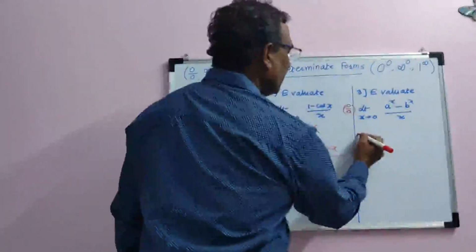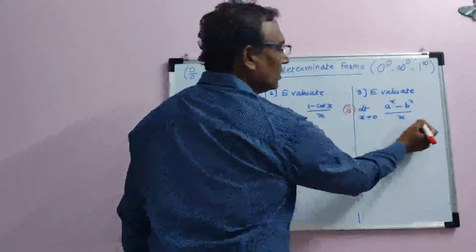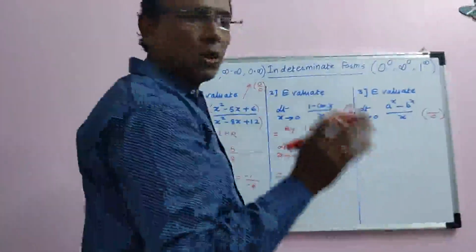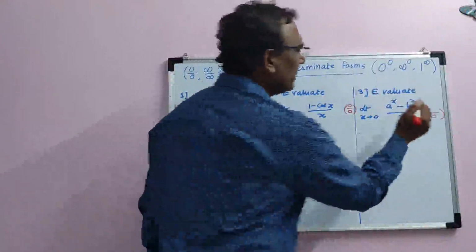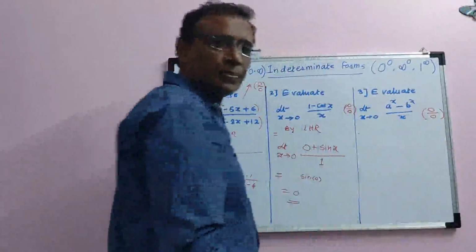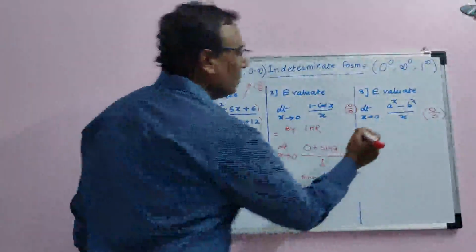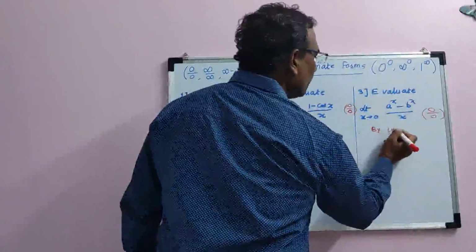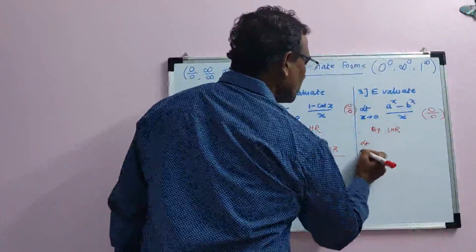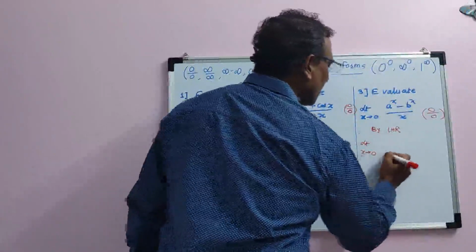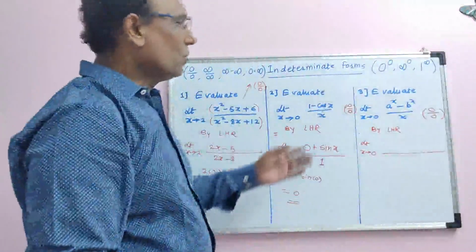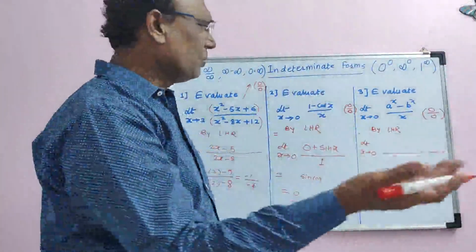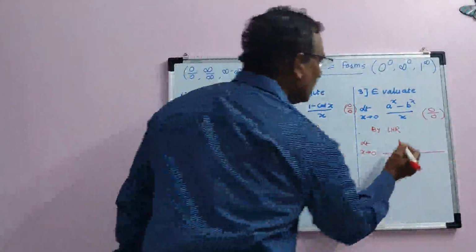Now similarly, here, if you put x equal to 0, the denominator is going to become 0. And what did I tell you? If the denominator becomes 0, then the numerator will be 0, you can directly write. No need to check even. Now by L'Hospital rule, limit x tends to 0. Or you can use the formula that a raised to x minus 1 by x is log of a. That formula can be used. It is your choice.